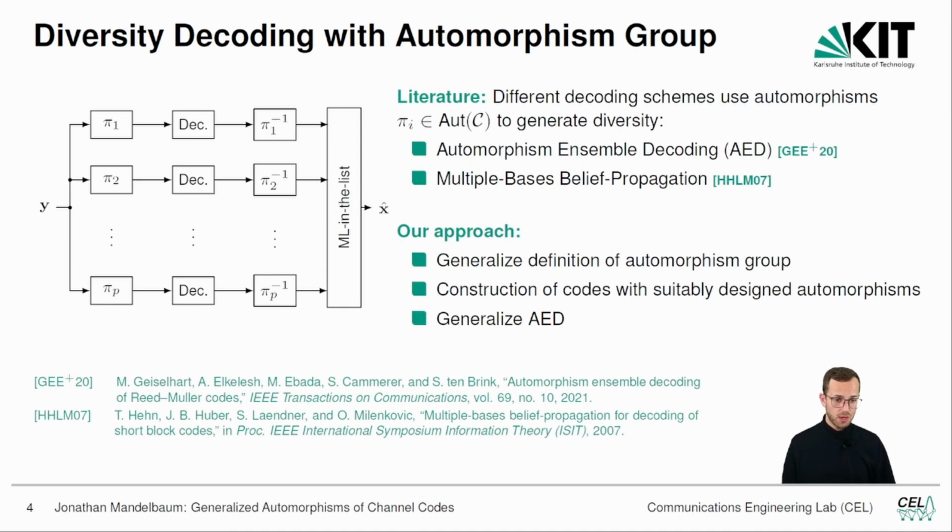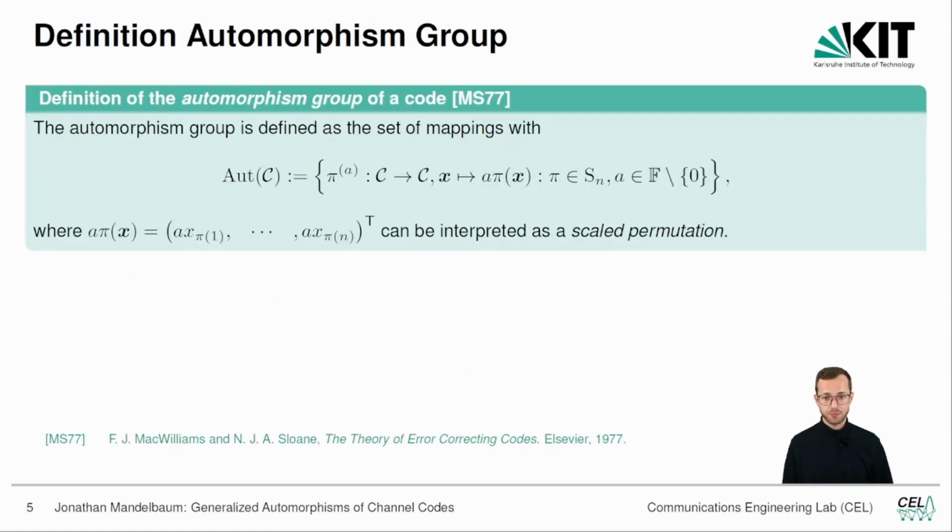Our approach now will be as follows. We are going to generalize the definition of the automorphism group and then also discuss a construction method of codes with suitably designed automorphisms for automorphism ensemble decoding, or to be more precise, suitably designed automorphisms for a generalized automorphism ensemble decoder. A starting point of this work was that we noticed a difference in the definition of automorphism group